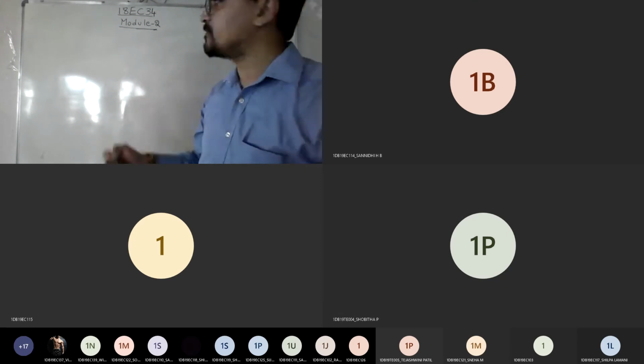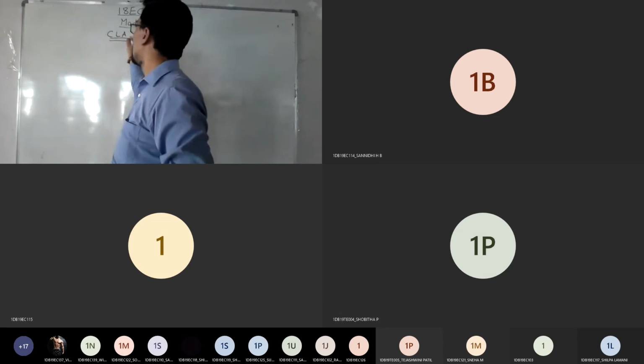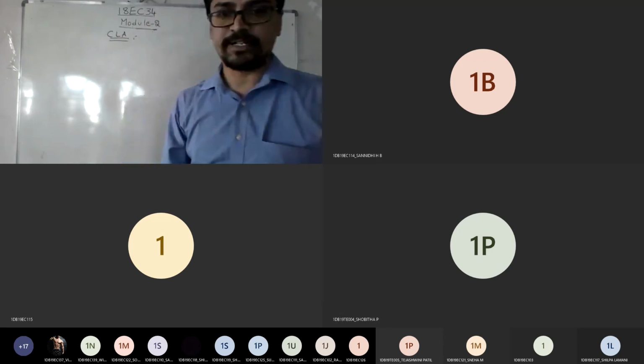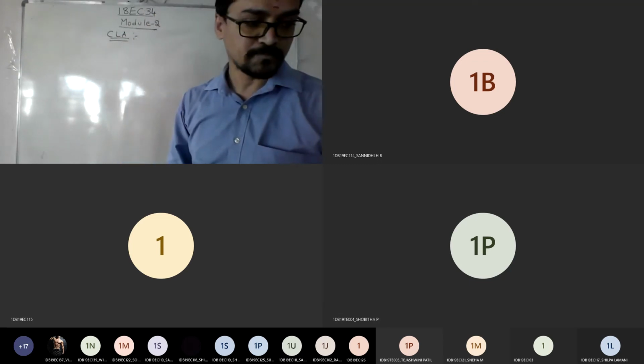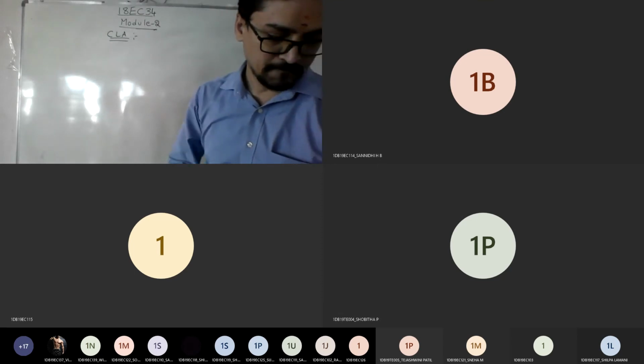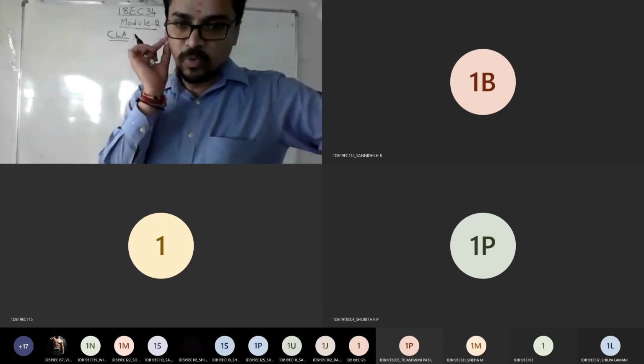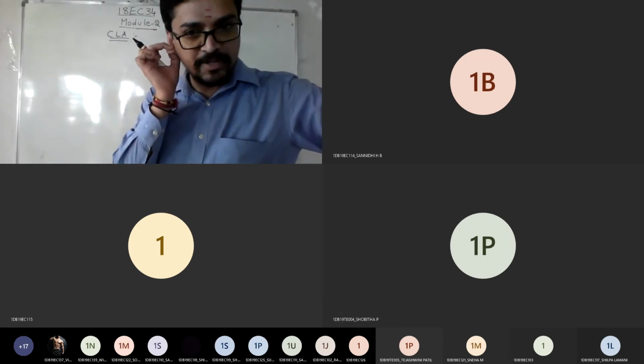Just make the heading as CLA. CLA: carry look ahead adder or look ahead carry adder, both are the same. Why it is required, the advantage, just make one point here.